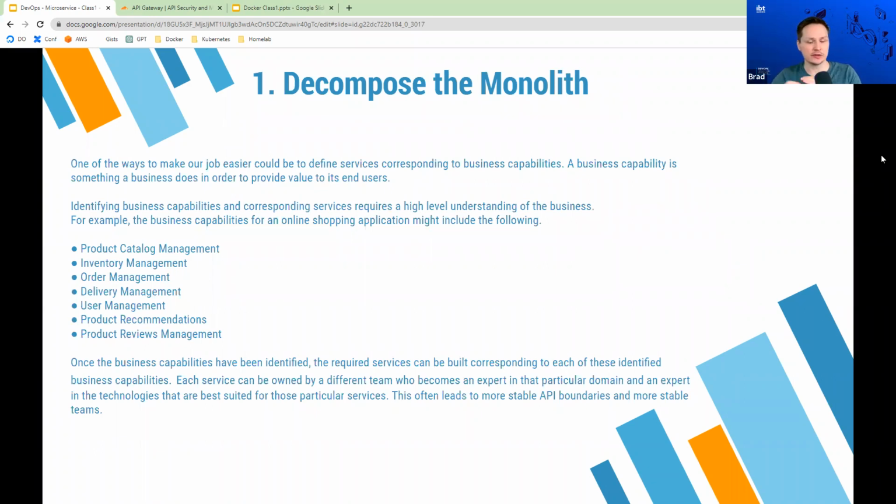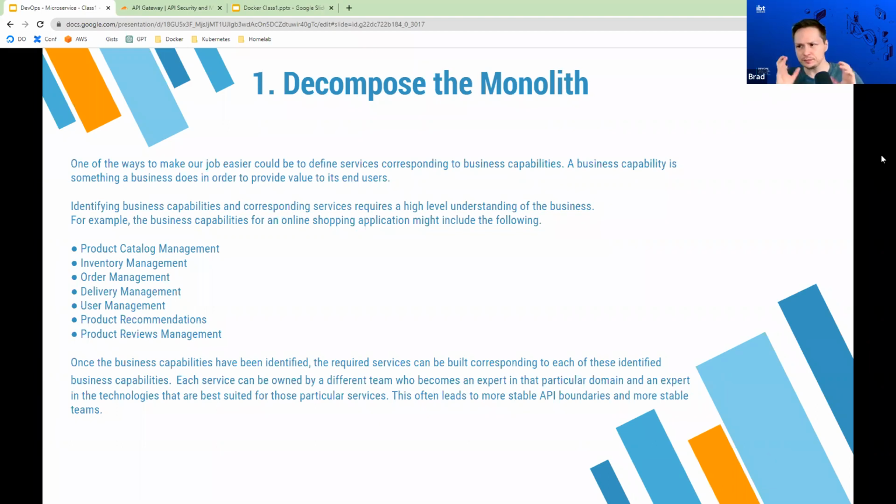So the first thing is we want to decompose the monolith. And basically all this means is we take a look at our big monolithic application, and then we decide what should be the different components of that monolith and how we break out those different components.